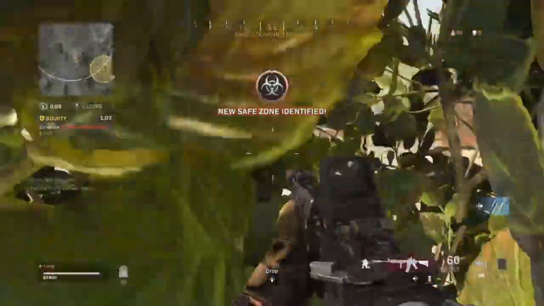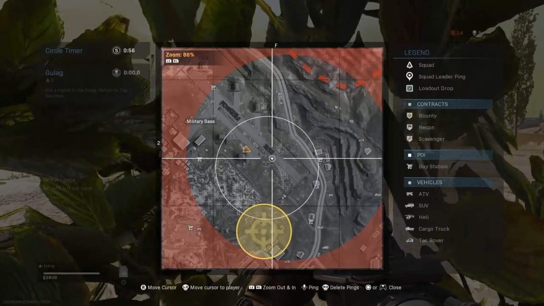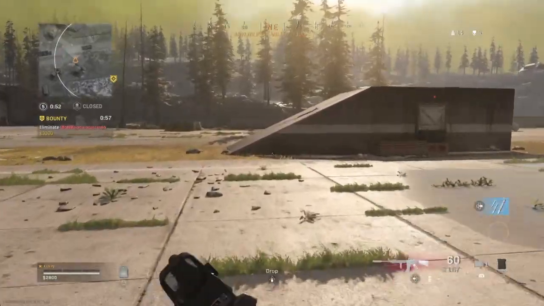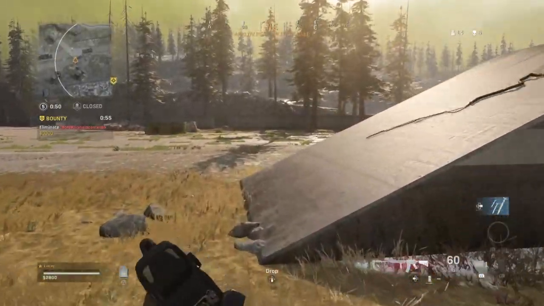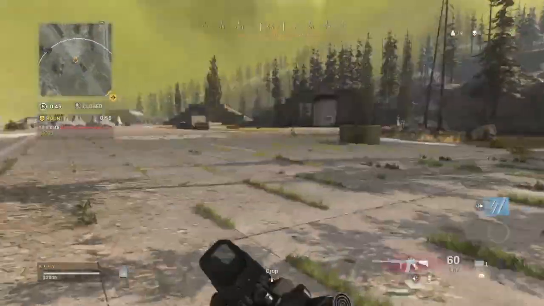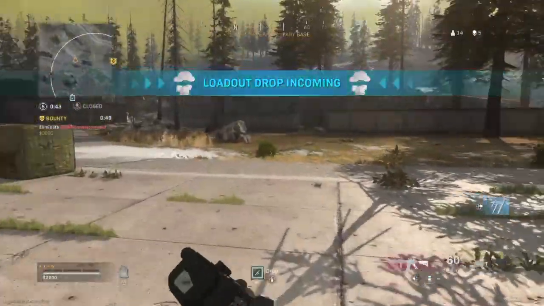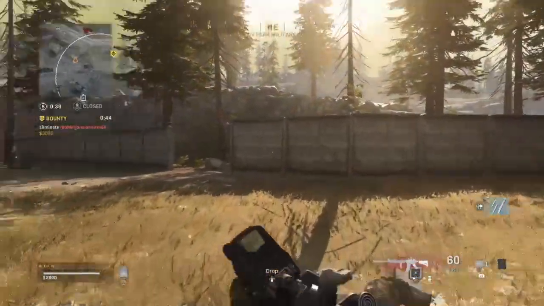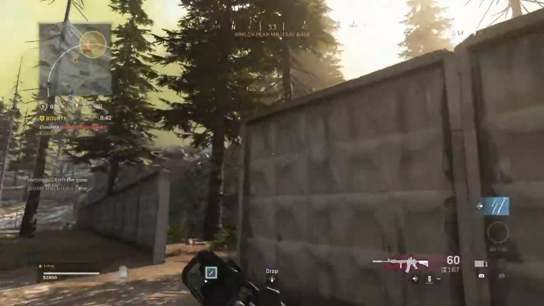So at this point I am thinking, where do I go? Because as you can see, the circle is just a massive open stretch of land, and obviously there's not going to be anywhere safe for me to go, so I have to find somewhere safe. So what I think of doing is going over here and waiting behind this wall until the circle gets a bit smaller. Now, this guy in the helicopter,